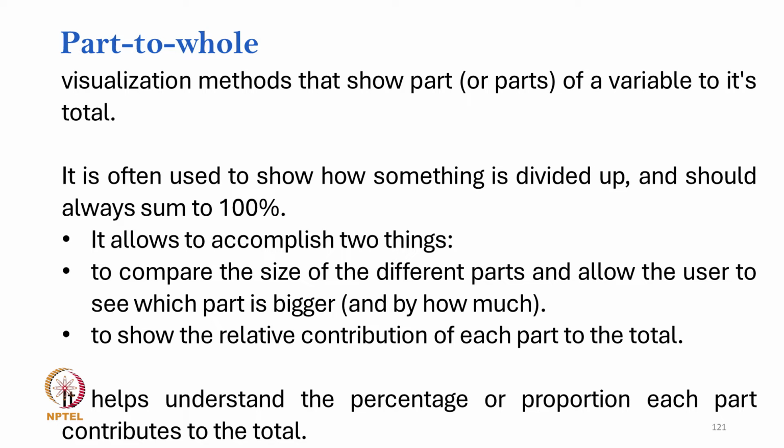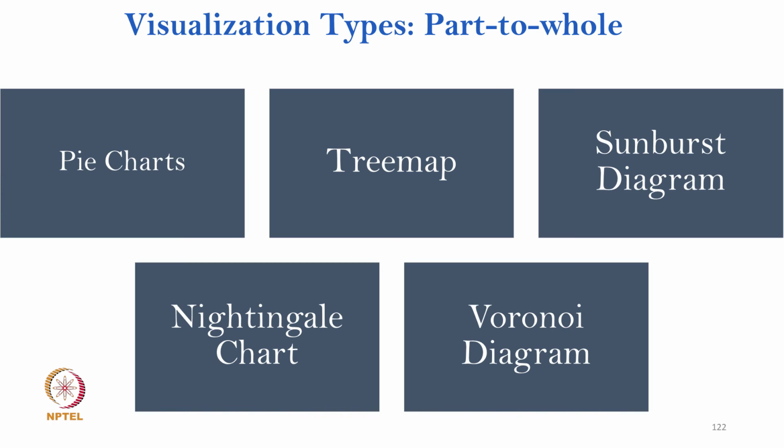It is often used to show something that is divided up and should sum to 100%. Basically, this kind of chart is used to accomplish two things. One is to compare the size of different parts and allow users to see which part is bigger, and the second is to show the relative contribution of each part to the total. There are a number of charts that can be created under this part-to-whole visualization. One is the pie chart, another is the tree map, and also sunburst diagrams, nightingale charts, and Voronoi